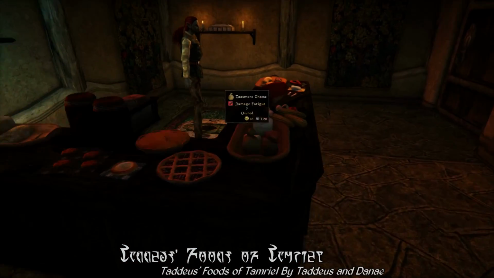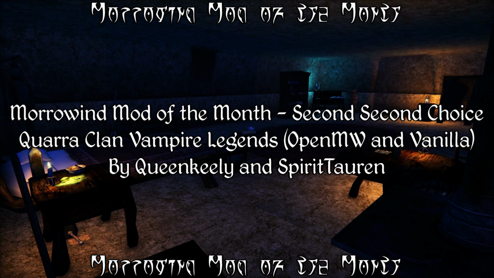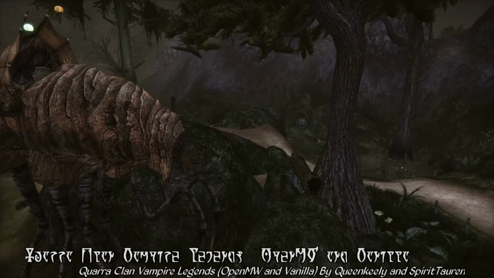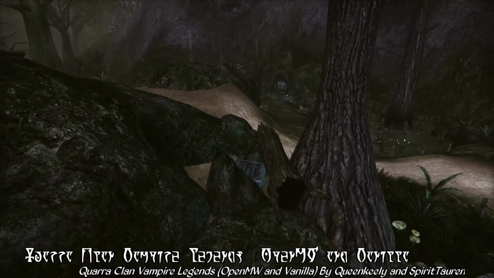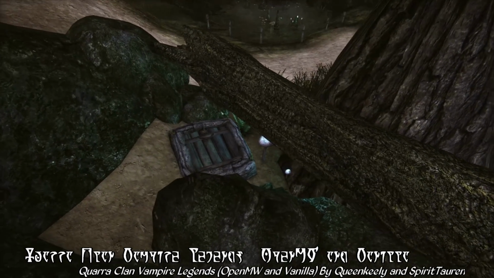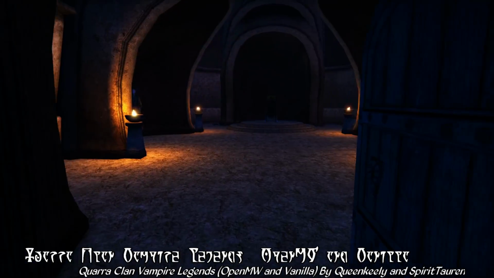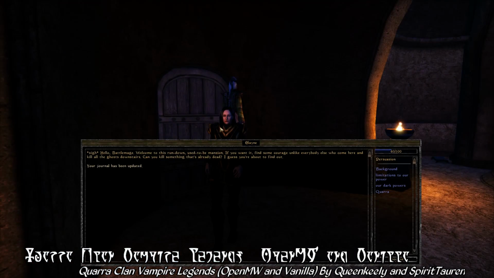But as I mentioned, there was a tie here, and our second choice for the Mod of the Month for March 2021 is Quarra Clan, Vampire Legends, OpenMW and Vanilla, by Queenkeely and SpiritTauren. Now, this one will probably come as a bit of a surprise, because, unlike the other mods in today's video, this is actually a bit of a modernization of an...